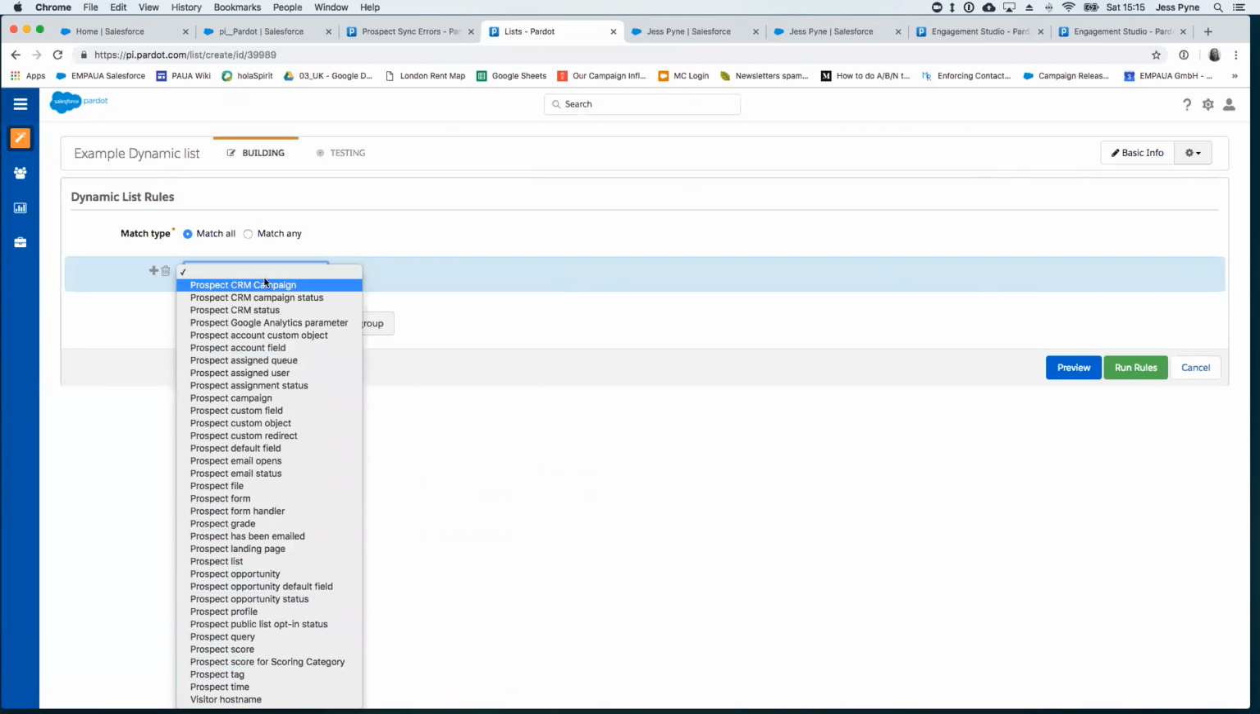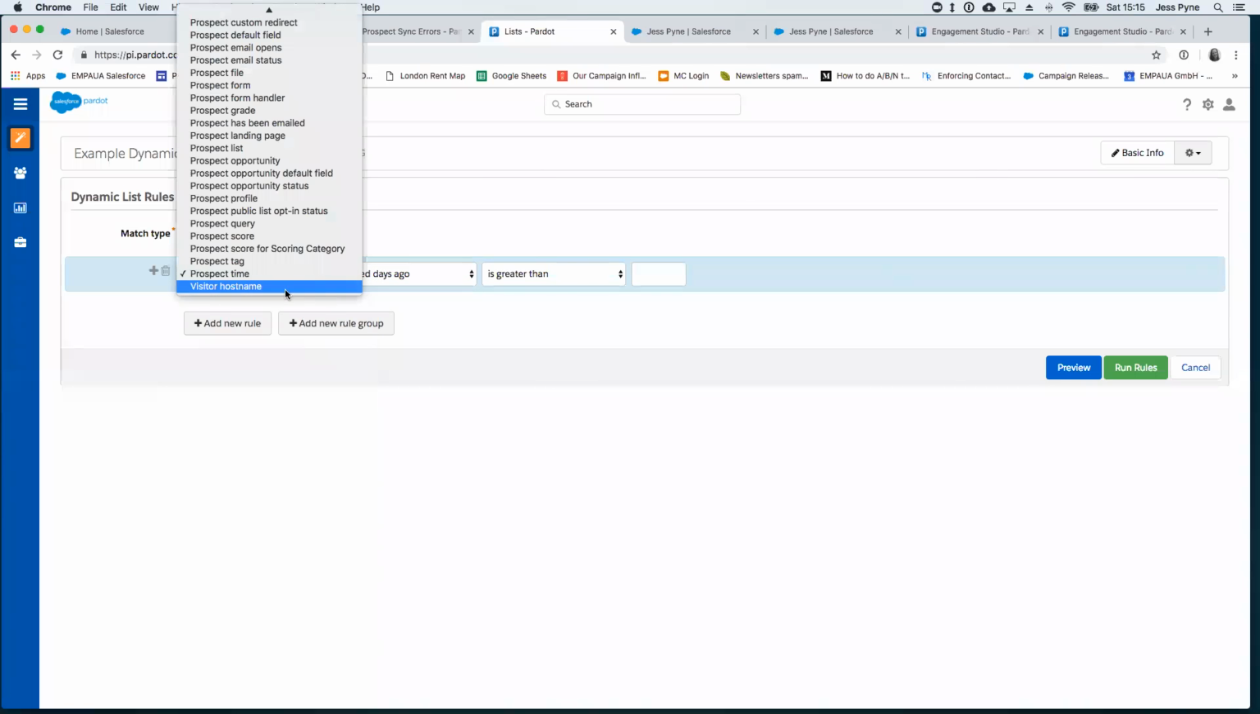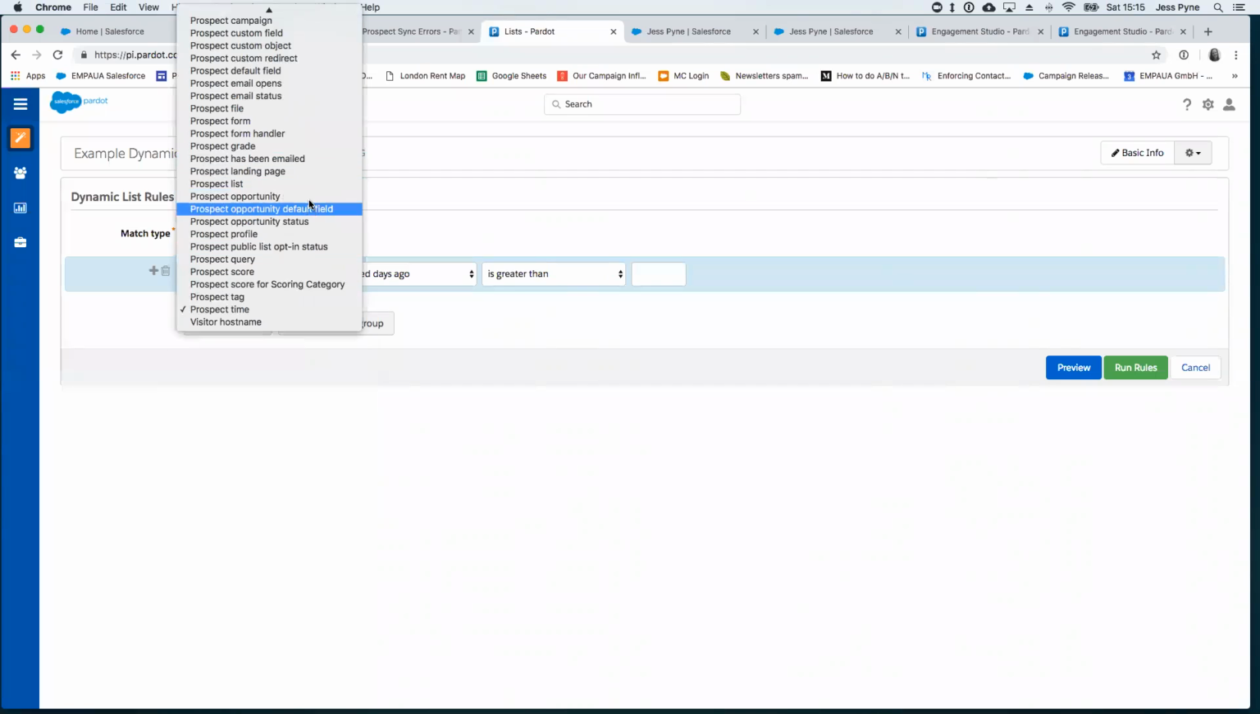It's an interesting drop down. It's not very structured, this is how you choose a rule, so it does help to familiarize yourself with that. We've got some weird ones, like there's a prospect time here, which is where you choose when a prospect was last active or how many days ago they were created. So that's an interesting rule. But for example, we can choose